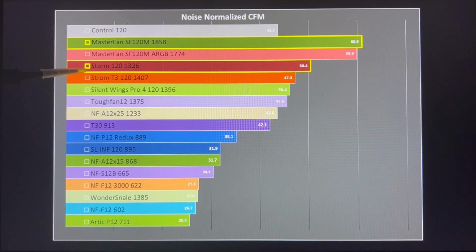The Storm ironically outperformed the Storm T3 in this test, despite the T3 spinning at a higher RPM. So the regular Storm was at 50 and the Storm T3 was at 47.3. And moving through, you can see the A12x25 at 43.6, the T30 at 42. And let's move on to